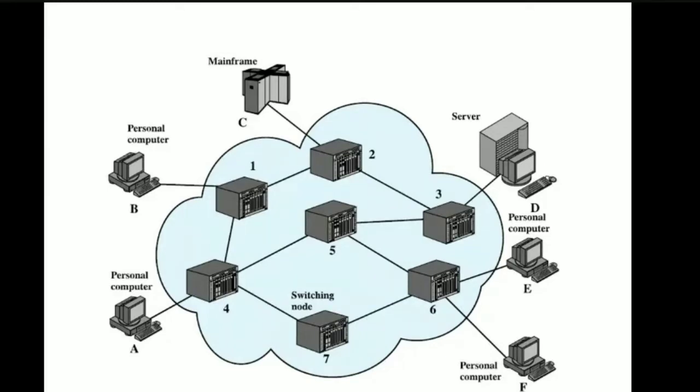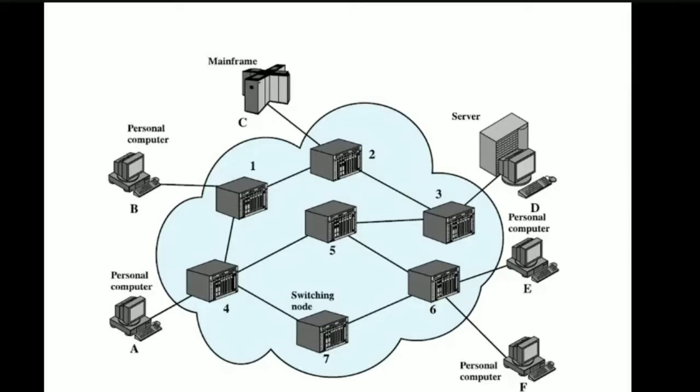When it sends the request, node 5 allocates a free channel using either FDM or TDM, because we said that within the nodes we have a multiplexed link. That is, the channels can be divided using either FDM or TDM. So when node 4 sends the request to node 5, node 5 accepts it. Now what is the link? A to 4 and 4 to 5. Now again what happens? This continues.